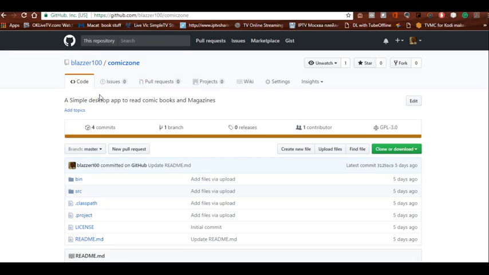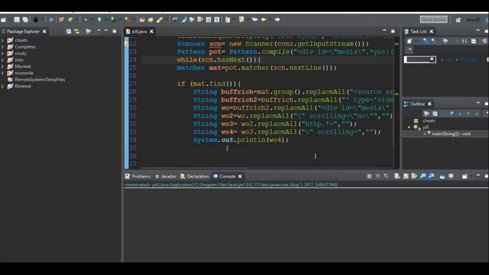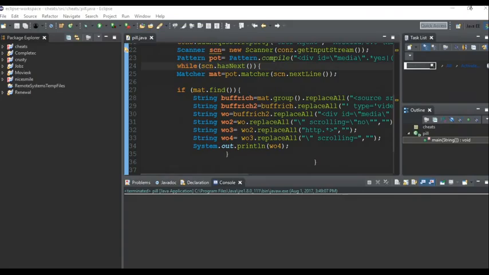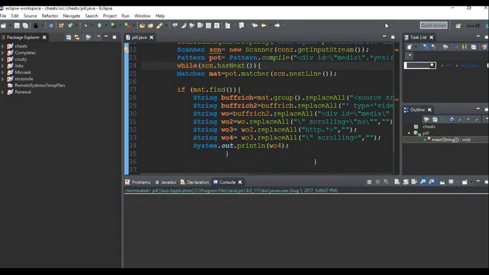Anyways, right now you're looking at my GitHub page, and one of my repositories, which is Comic Zone, a simple comic reading and magazine app that I created for desktop. So we're going to use this as an example. We already have our Eclipse open right here, on some random code. And what we're going to be doing is connecting our Eclipse